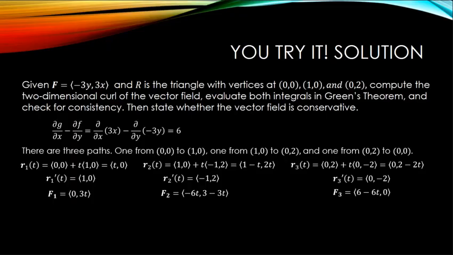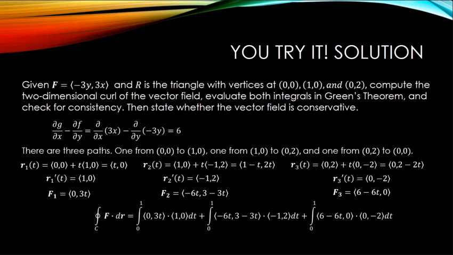And f sub 3 is equal to a vector with components 6 minus 6t and 0. So the closed integral over C of F dot dr is the sum of three ordinary integrals. The integral from 0 to 1 of the dot product of the vector with components 0 and 3t with the vector with components 1, 0 dt, plus the integral from 0 to 1 of the dot product of the vector with components negative 6t and 3 minus 3t dotted with a vector with components negative 1 and 2 dt, plus